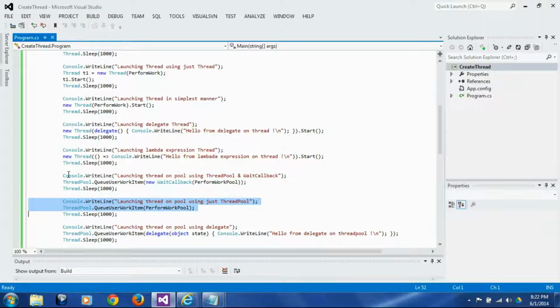In the next block, we are doing a little variation of the above block. We are just passing the reference to PerformThreadPool. We are not creating WaitCallback because it is automatically inferred by the compiler. Now going to the next block,